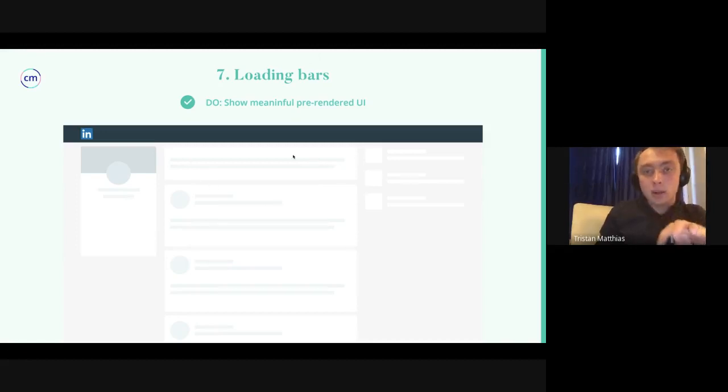And when your component is loading, you could pre-configure some of these things together to show what the user is going to expect. So you can use little individual components together, but I think the overall component should be responsible for its own